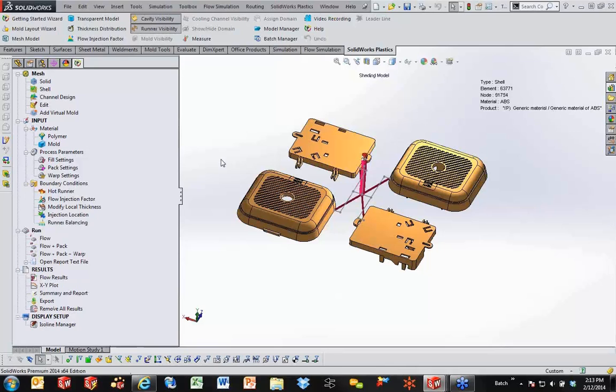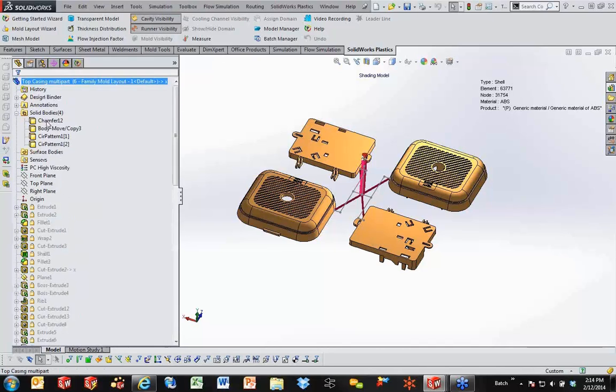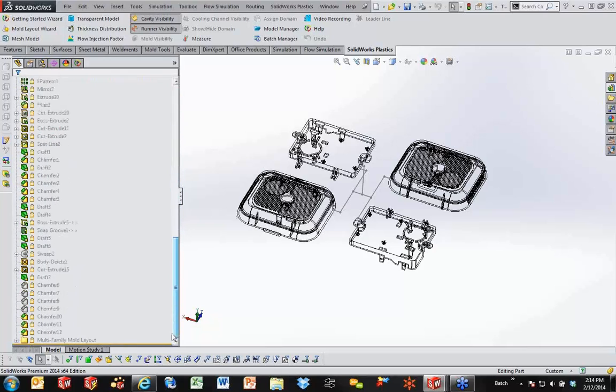Now, if we needed to go into more of a family mold setup, the first thing is we'll look over here in SOLIDWORKS, and we will see it is a single part with multi-bodies. They happen to all be modeled in as features in this case, but we certainly could do part in a part as well. So either way,